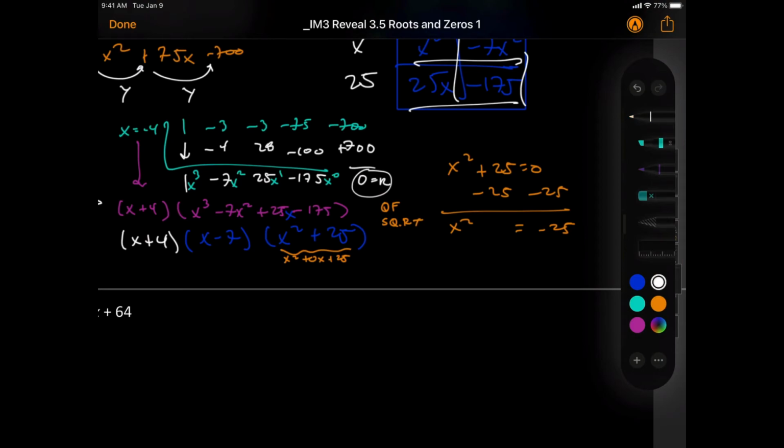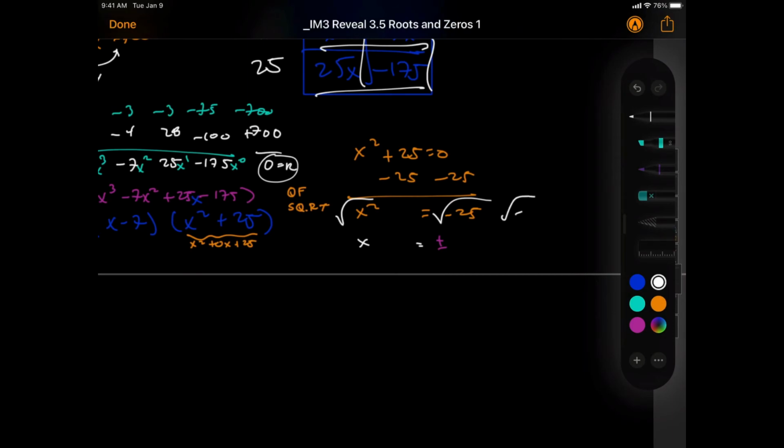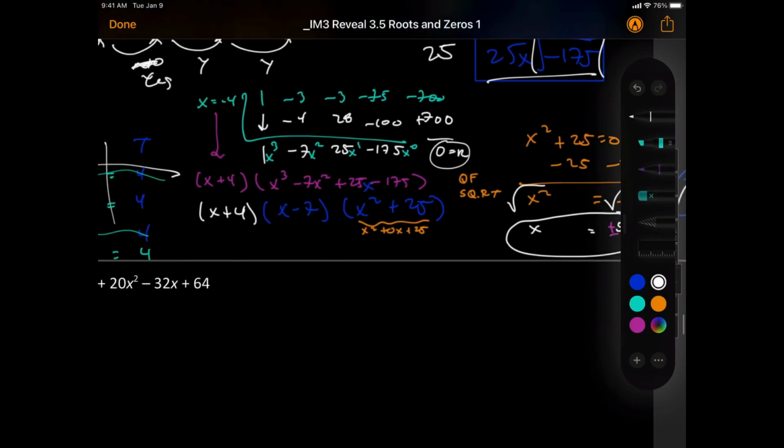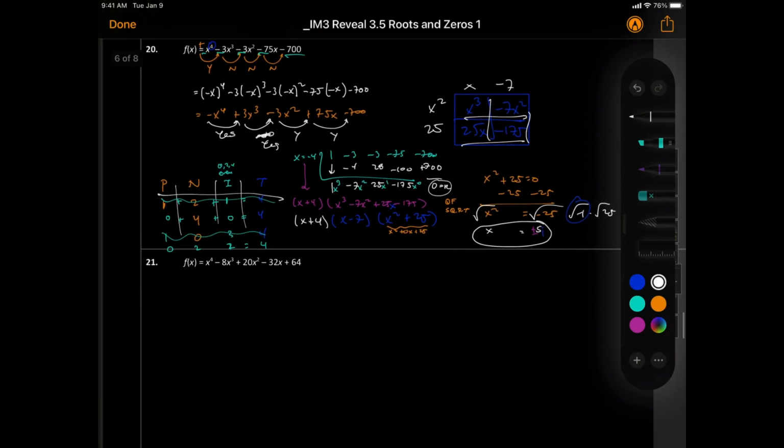Big idea from this past year, if I take the square root here, it has to be plus or minus. You get x equals the square root of negative 1 times 25. Square root of -1 is what? And square root of 25 is 5. So this will give me 2 imaginaries